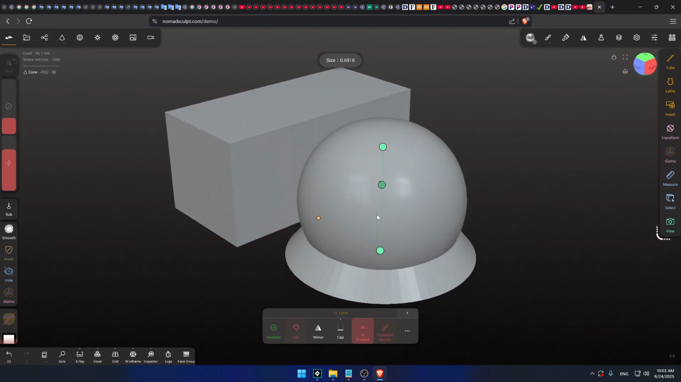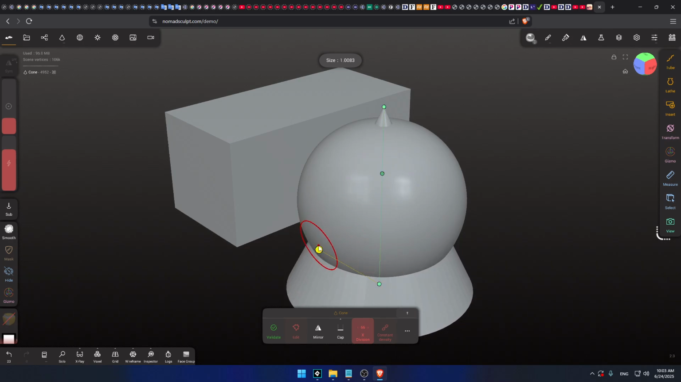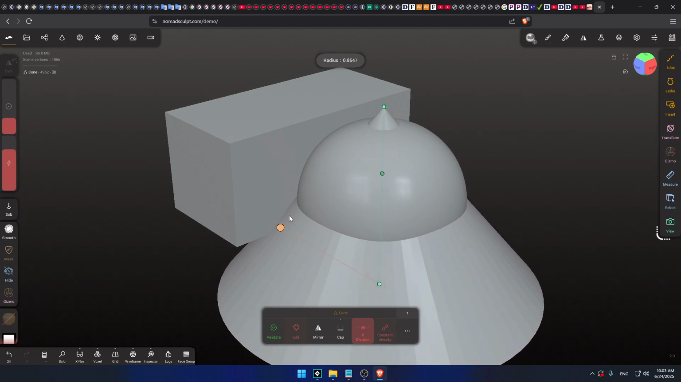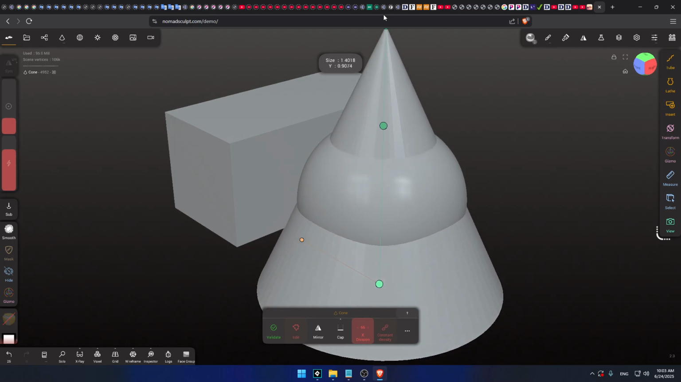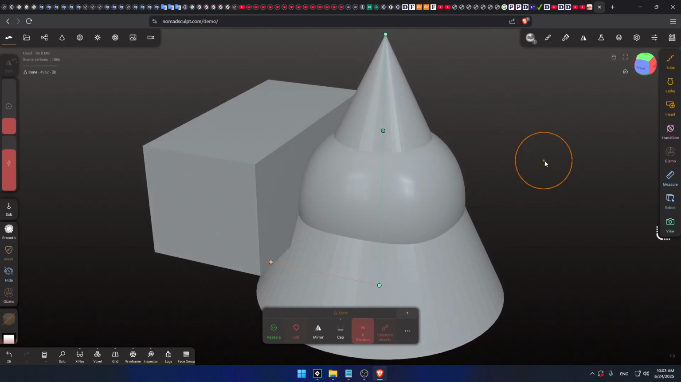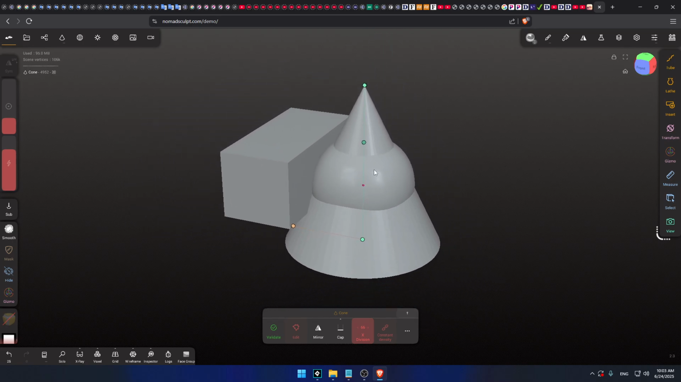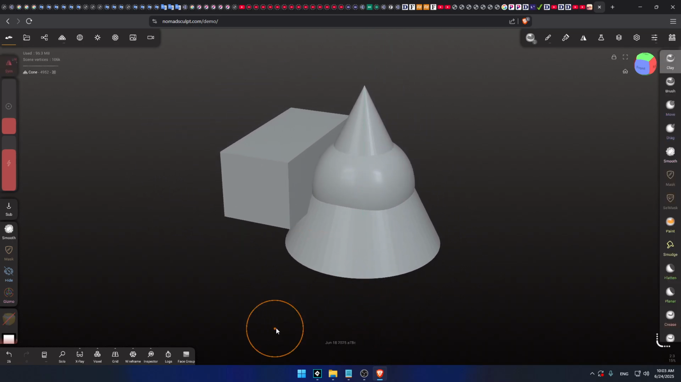If you want to scale it on one axis, or two, make it really sharp, really big, really small, and so on. And when you're satisfied with the look, click on validate. So I said this is only